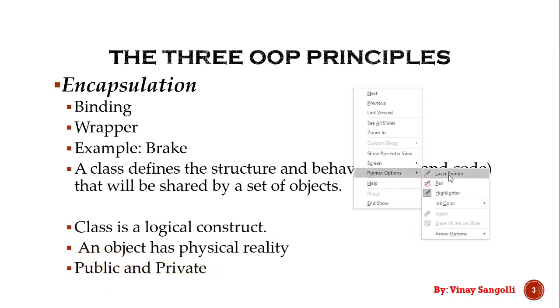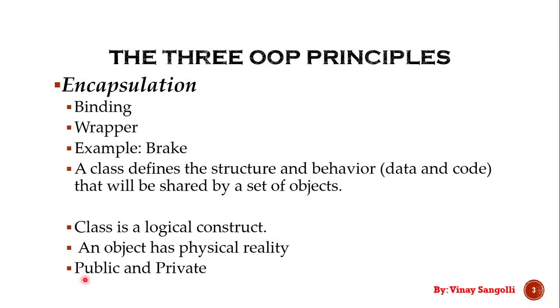public and private, right? So public is nothing but it is accessible by all. Whether you are a member of the class or whether you are not a member of the class, you can access that data. Then such data is called public data. What is private data then? Private data is something which can be accessed only when you are a member of that class.